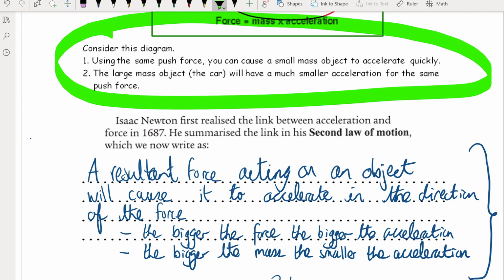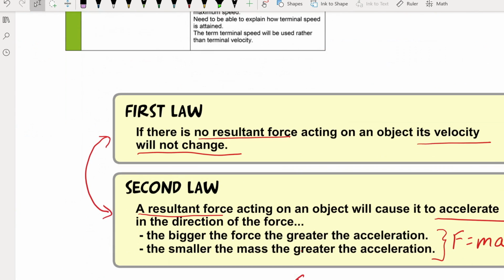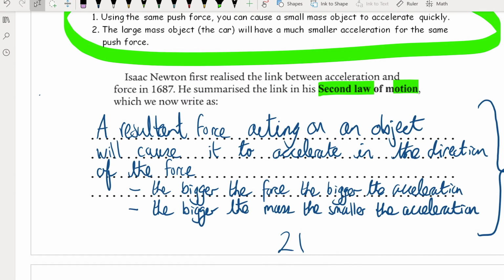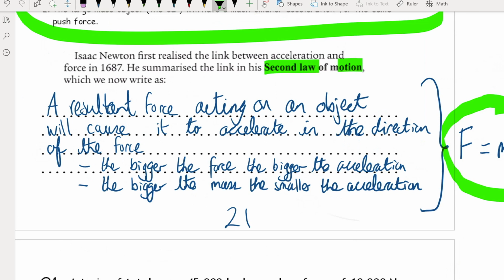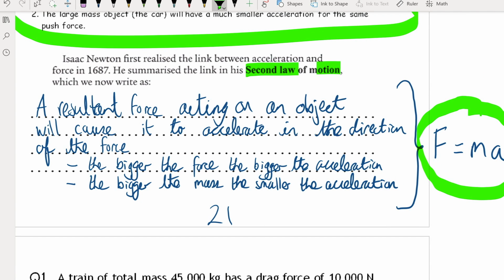Isaac Newton's second law of motion is here. When I say here, just there, we saw it a moment ago. I'd like you now to make sure you've got a copy of that in your books. But as it says in the specification, you either need to remember that law of motion or that equation. But of course understand it. Please press pause and make sure now you've got that, including that equation, which you will write underneath in your